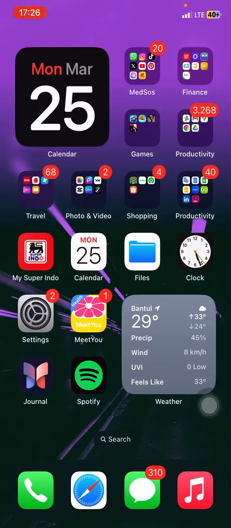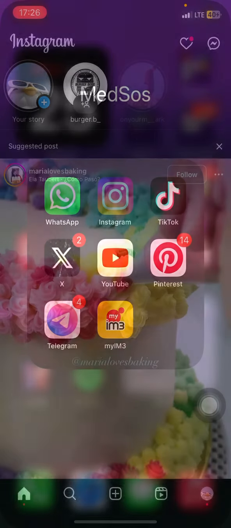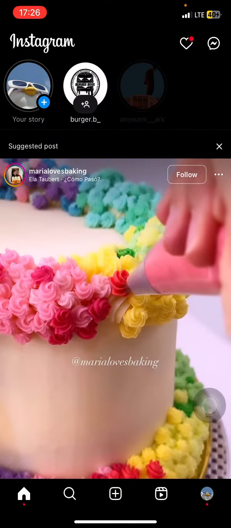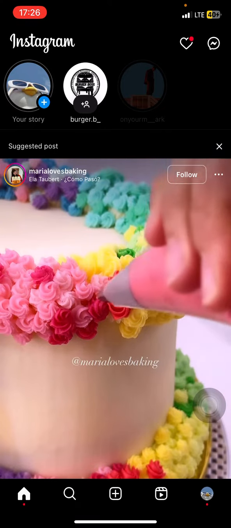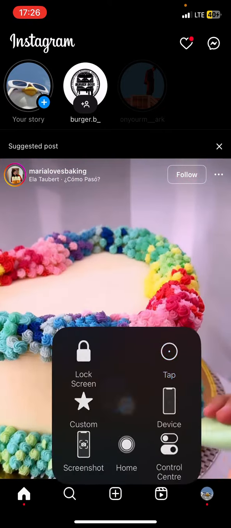So in this video, I would like to show you how to turn off the reply feature or reply tools on your Instagram stories, so that you can limit or prevent someone from replying to the story that you have posted. The first thing you have to do, open your Instagram application, and right after that you just need